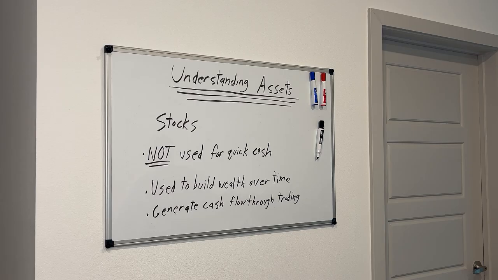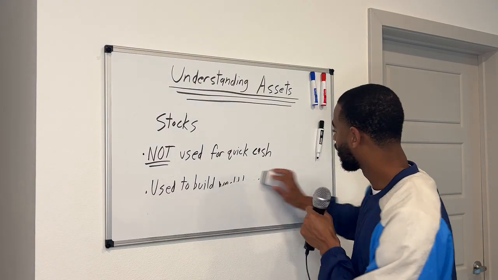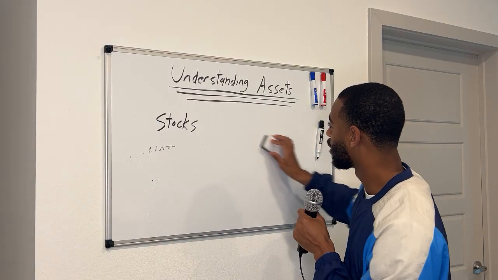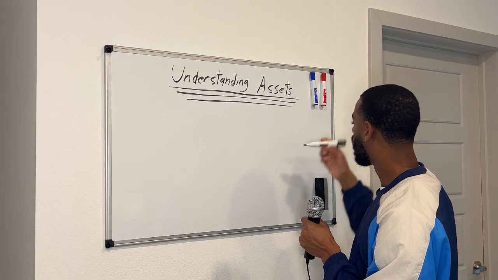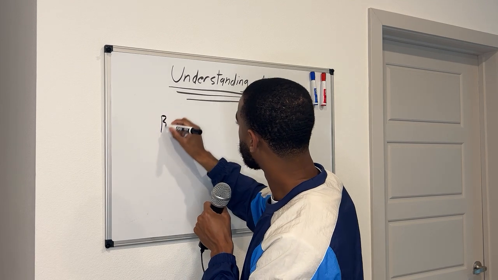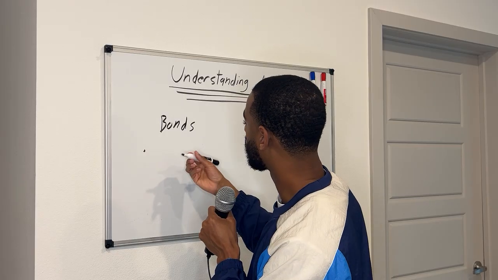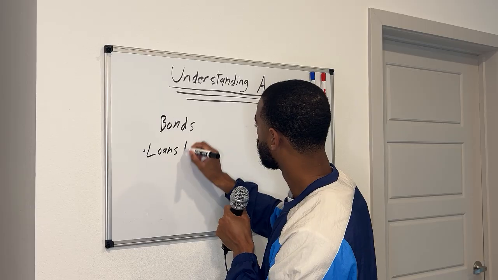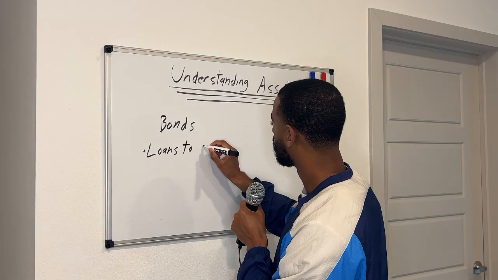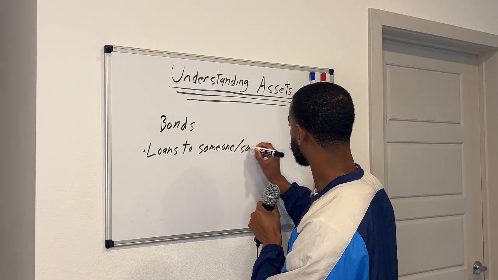I'll touch on this really quickly. I personally don't think people should invest in them anymore, and I'll explain why in a second. But I'll quickly touch on bonds just so you can understand what they are. Bonds are loans to the government in exchange for income. There are also bonds to companies, right? So let's just say loans to someone or something